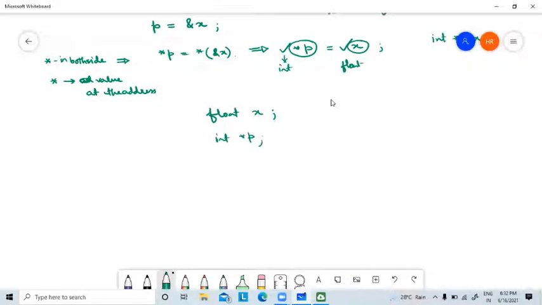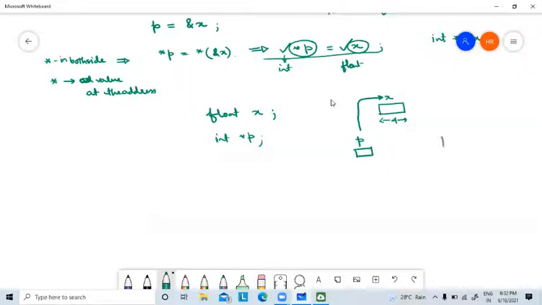From this equation we can easily see that this is not equal. But how to understand it physically? Suppose x is a float variable. What is the size of this variable? 4 bytes. Now suppose p is a pointer which is pointing to x.